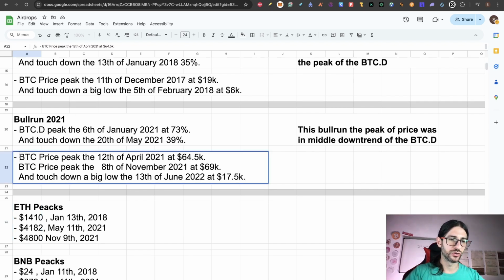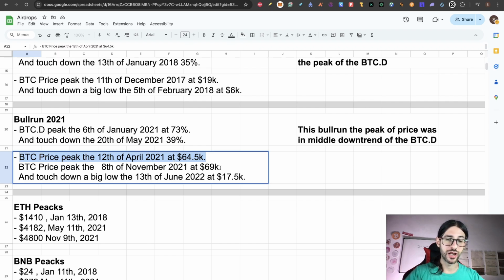The first Bitcoin top was on April 12 of 2021 when Bitcoin reached 64.5k. That was the big peak and the big movement of the bull run. We afterwards had in November another higher high, but many consider this a double top. So my expectation, what I am trying to reach, is this first situation, the first big peak of a bull run.